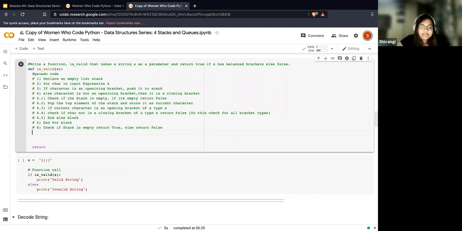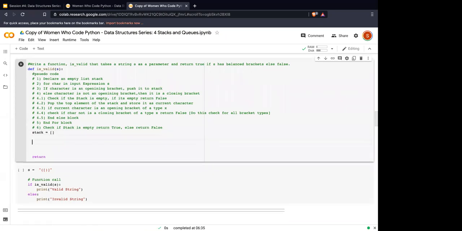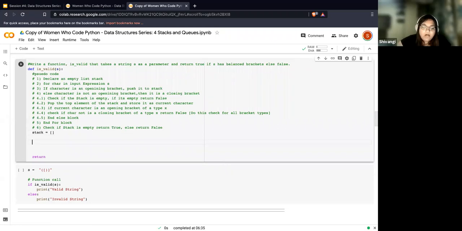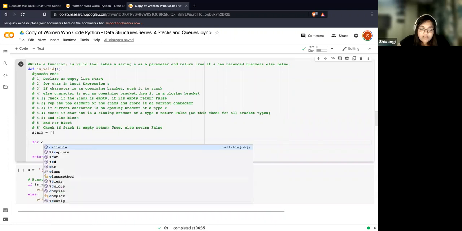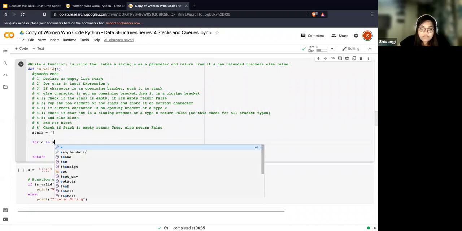So first things first, you have to declare a variable called stack, right? And you would probably want to start a for loop. You want to start a for loop, say for every character in the string s.